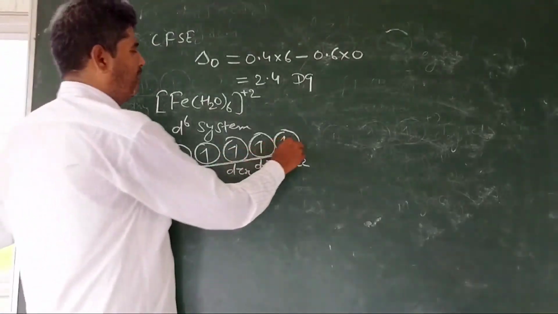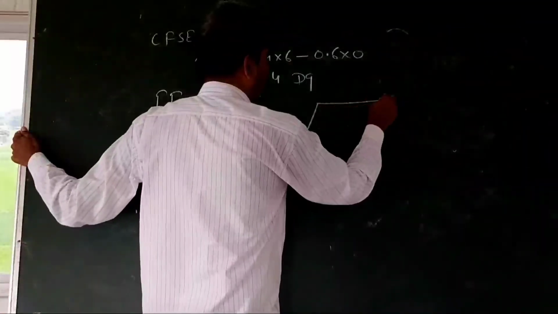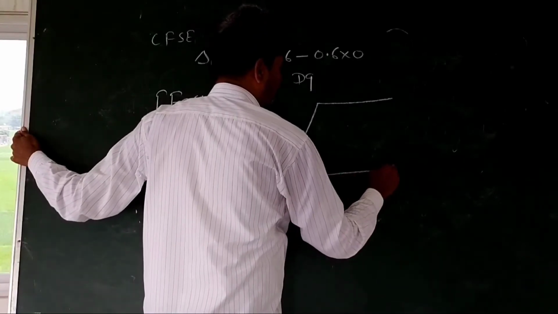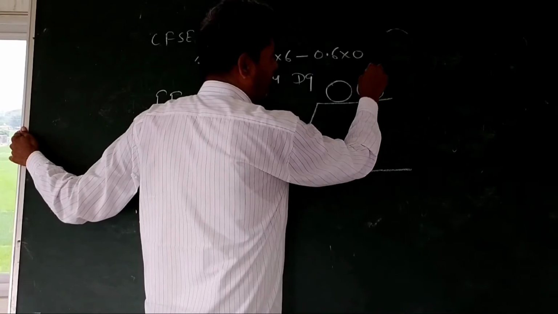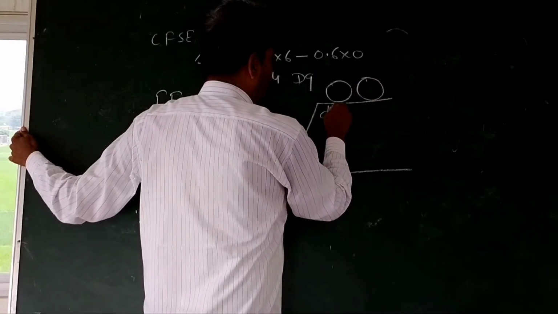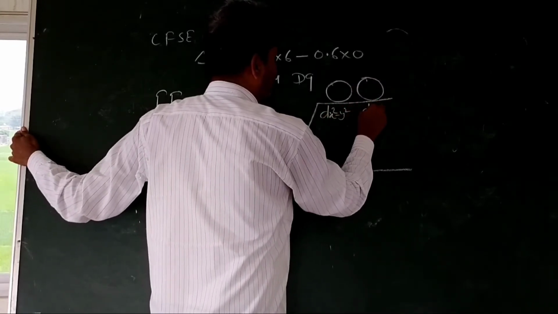After splitting, two sets of energy will be obtained. The axial orbitals, dx square minus y square and dz square,